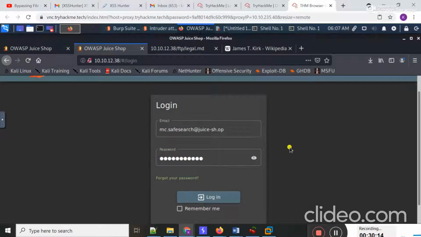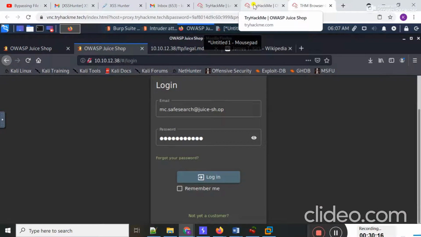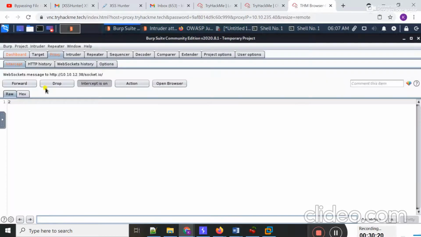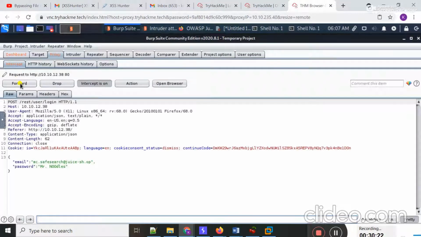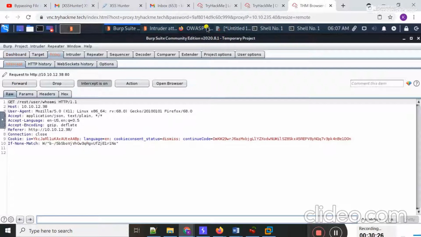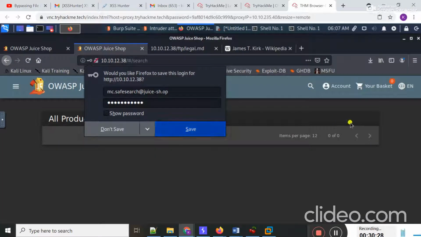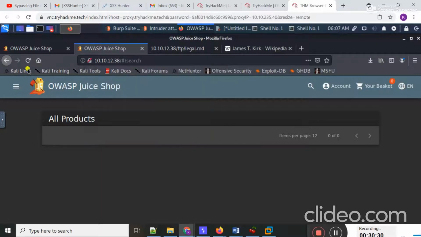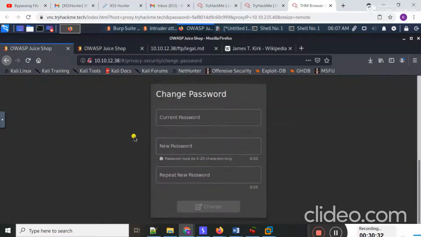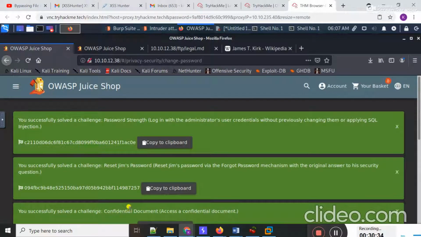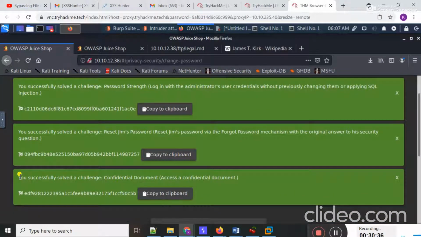I click on login. Okay, I forward this request, and if I move to my browser, I'm successfully logged into this account. Okay, guys, here you can see you have successfully found the flag.